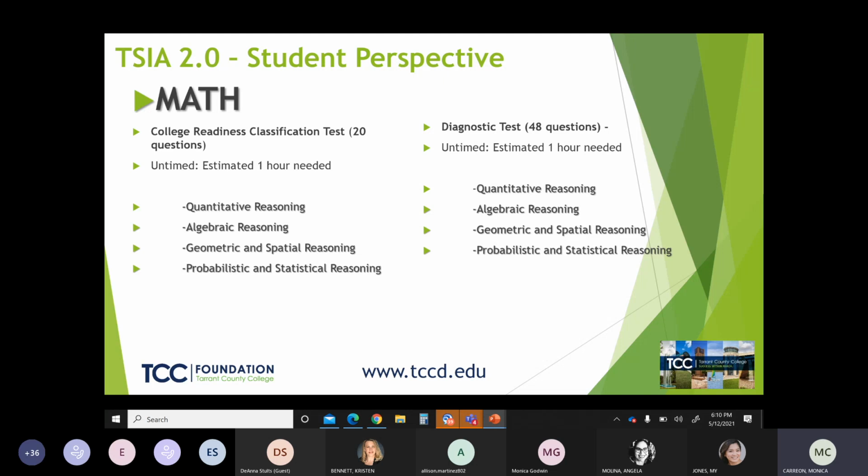So that means the questions you see are based on the way that you answered the previous question. The math portion, that's basically it. College level and then diagnostic.